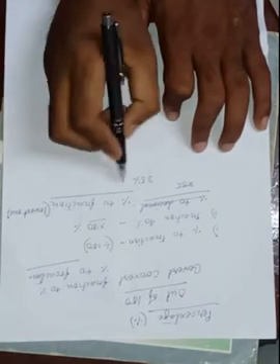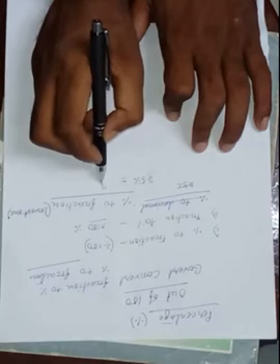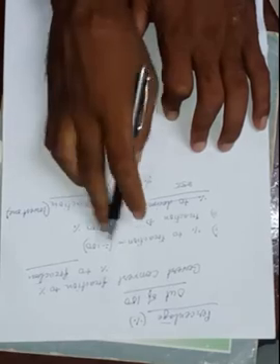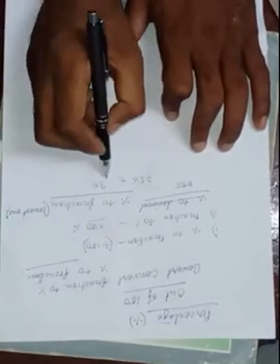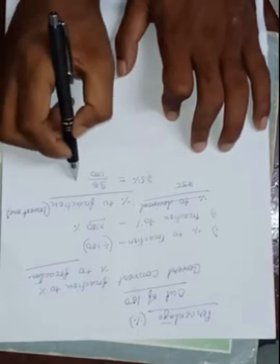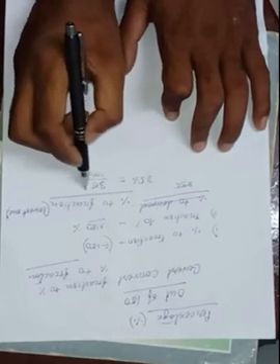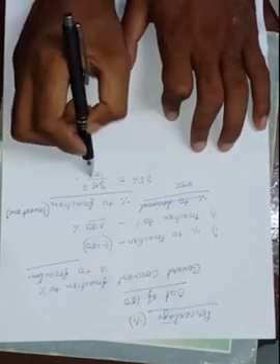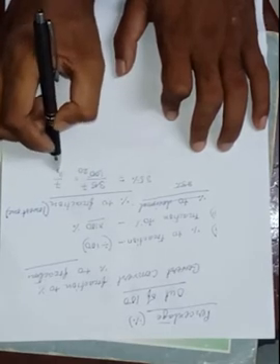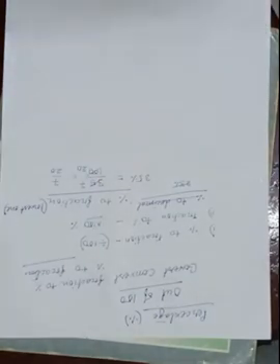Okay, so 35%, how will we do it? We'll write 35 here, and we have to divide this one by 100. We know the rule, so we'll divide 35 by 100. We have to simplify this one. 5 3s are 35, 5 7s are 35, and 5 20s are 100. This one will be 7 by 20. This is percentage to fraction. Now let's do another one.